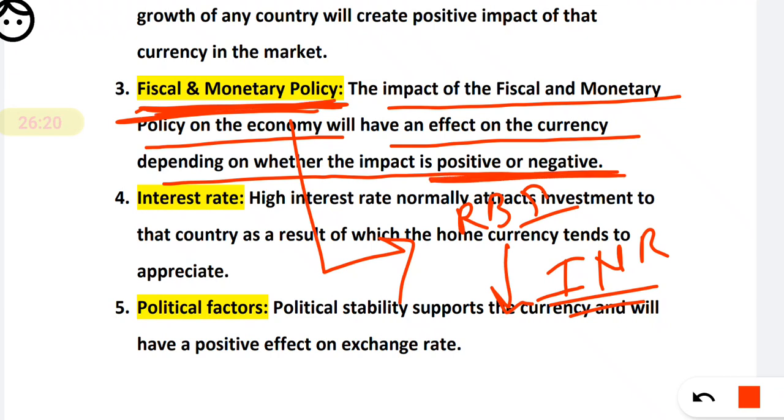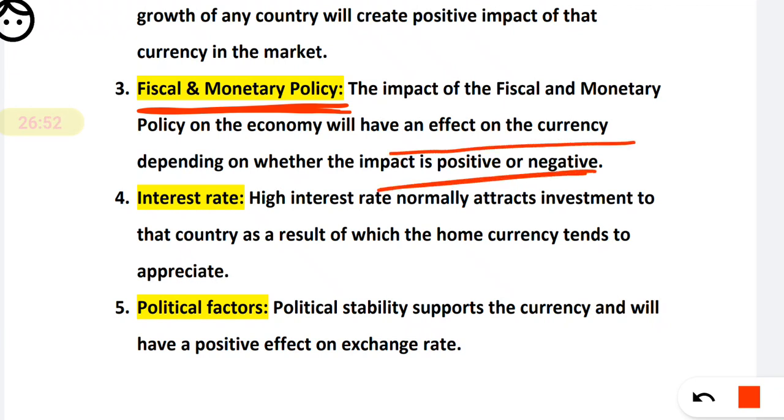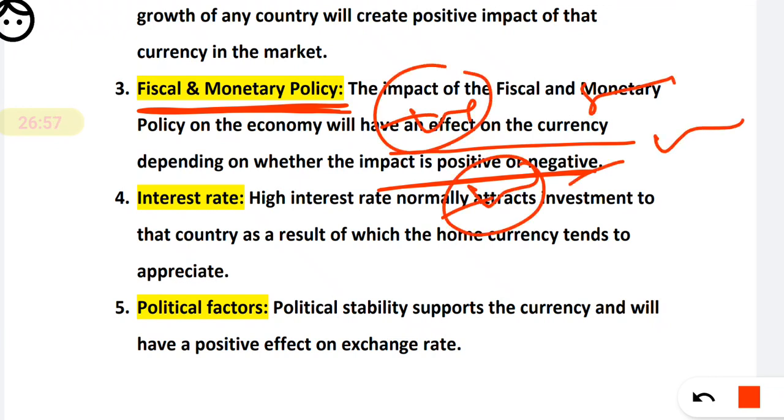If the policy is positive, that means our Indian rupee will get strong against the foreign currency. If our policy is negative, okay. So in ABM we have discussed in detail the budget, fiscal and monetary policy. There is an expansionary budget, there is a contractionary budget, right? Then there is the monetary policy that we have already discussed. So here just remember, monetary policy and fiscal policy is also one of the important factors which affect your foreign exchange rate and the transaction, okay. If it is positive, then our home currency will become stronger. If the policy is negative, then our home currency will